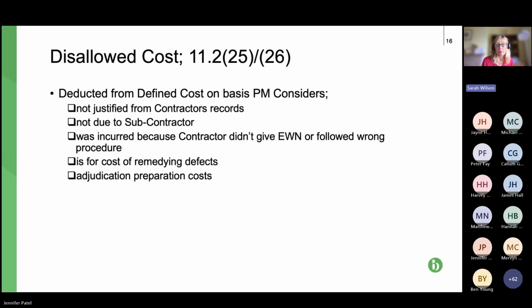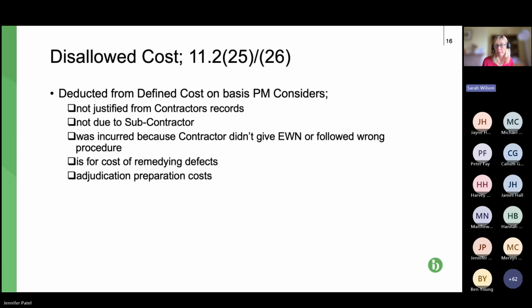The next one, and we've mentioned early warning notices, EWN, money incurred or claimed by the contractor, but they didn't give an early warning notice about something or followed a procedure that wasn't correct, the project manager can make deductions. The next one, I think we would all agree, is a valid one. The cost of contractor or subcontractor remedying defects, shouldn't be able to claim payment for that. And finally,